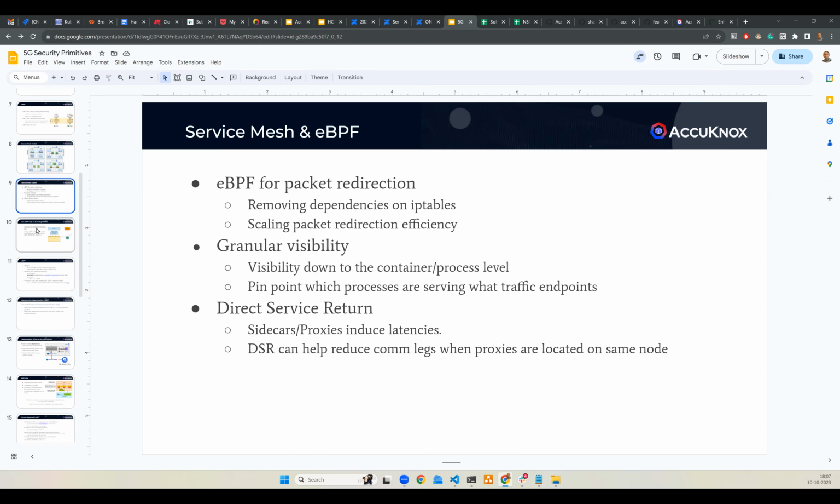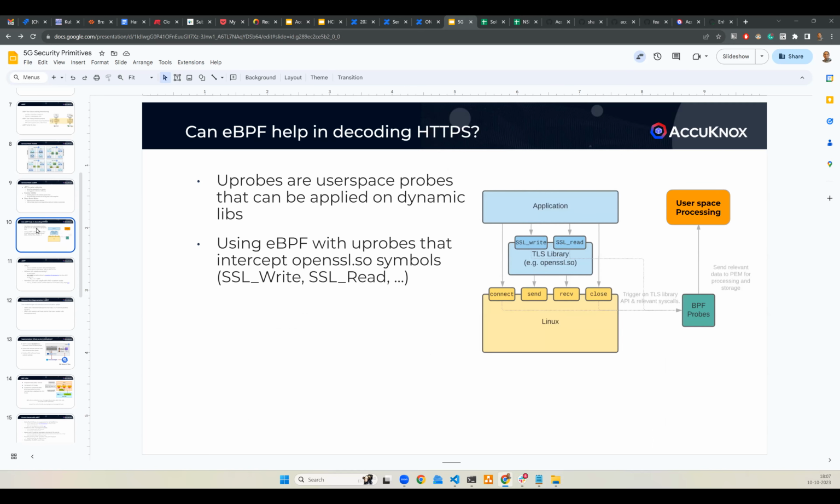Yeah. The other part is, can eBPF help in decoding HTTPS? That's again a frequently asked question, especially for me, because people say that with eBPF you have visibility into the packet payload, but you can't really decrypt that payload with eBPF, right? You need the keys and all of the other things.